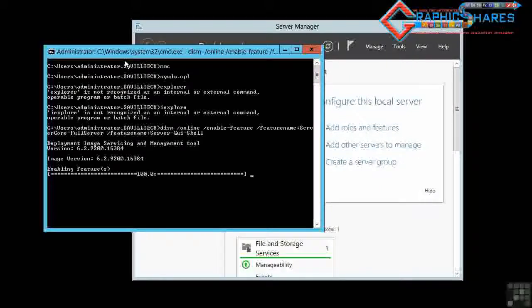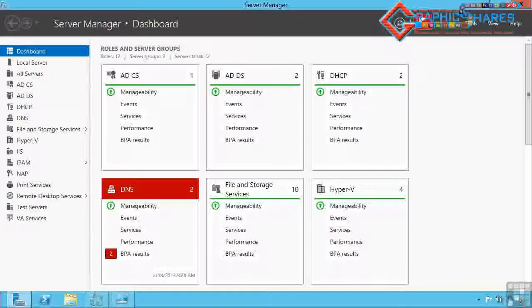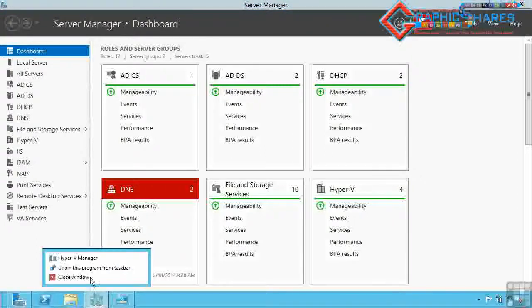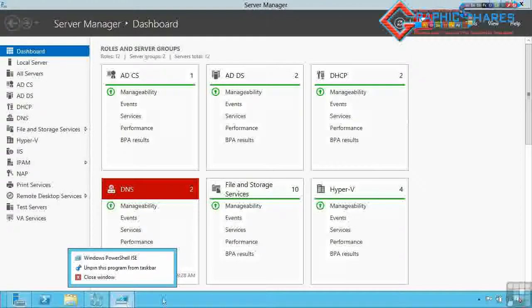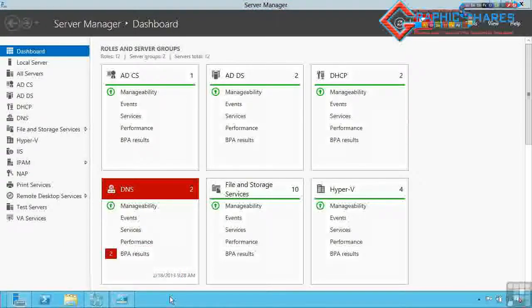And one of the tips I like to use is to actually add Server Manager, and the tools I use the most, pin them down to the taskbar so they're always available. For example, on my Hyper-V server, I would pin Server Manager, my Hyper-V Manager, my PowerShell interfaces in Explorer to my taskbar by just right-clicking, and I've already got this pinned. But if I unpin it, if I launch the applications I want, I would just right-click and say pin this to the taskbar. It's then always available on my desktop,